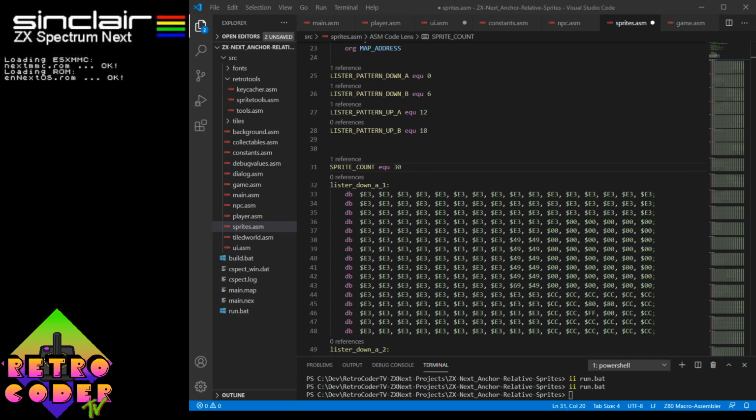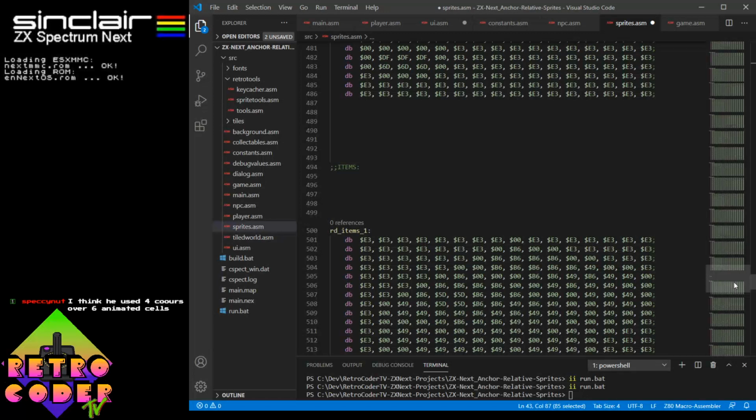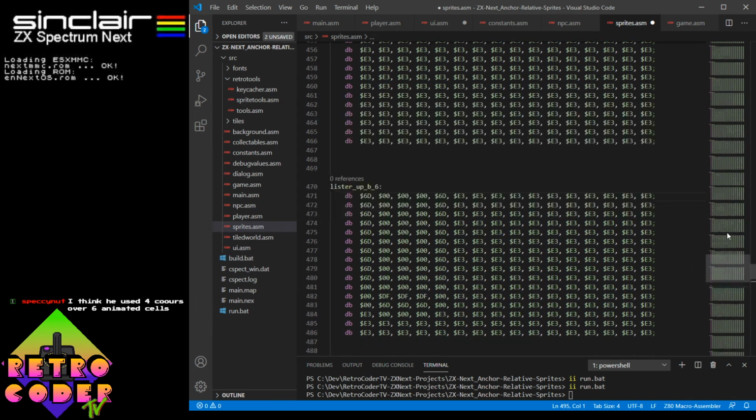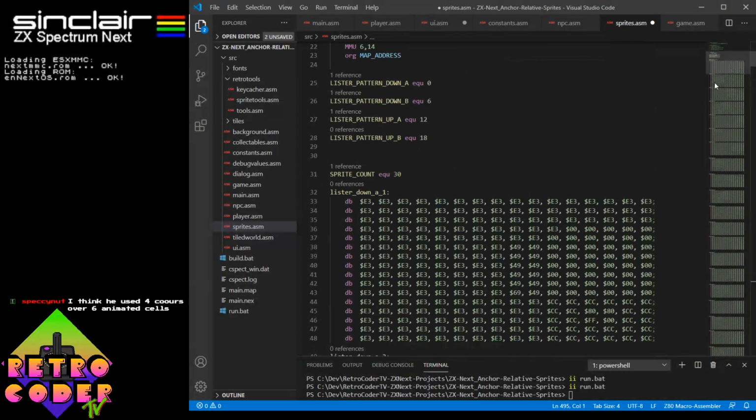Where am I? Got too many windows open again. Okay. So yeah, what I was saying was we might want to figure out a way of having more than one bank of sprites and actually flipping between them somehow. I'm not sure if that's possible and how to do it. But right now we're just looking at